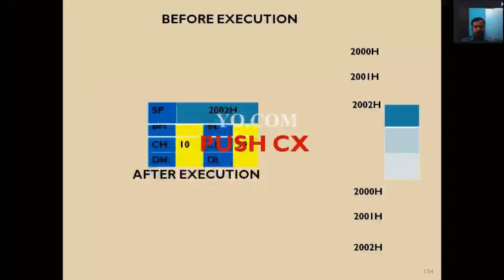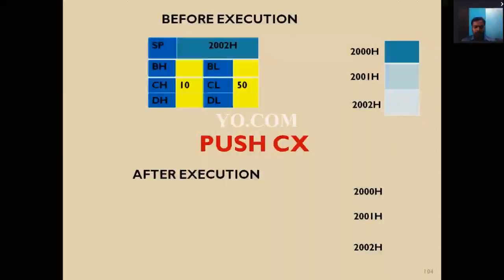Then how the push instruction is executed. So this is an example. Before execution, our instruction is push CX. That means the data present in CX is moving to the stack. Here this is the stack. The stack addresses are 2000, 2001, 2002, like that.